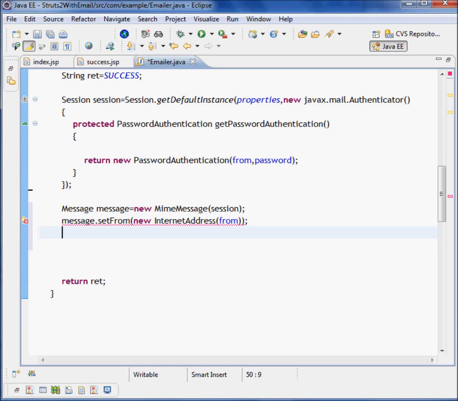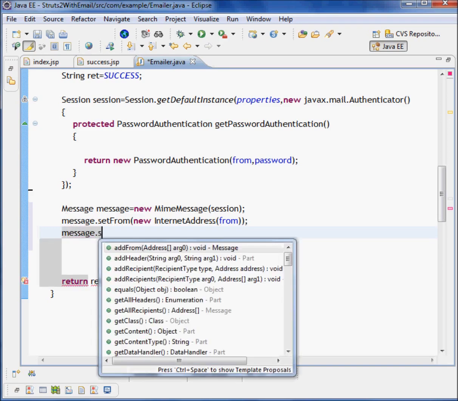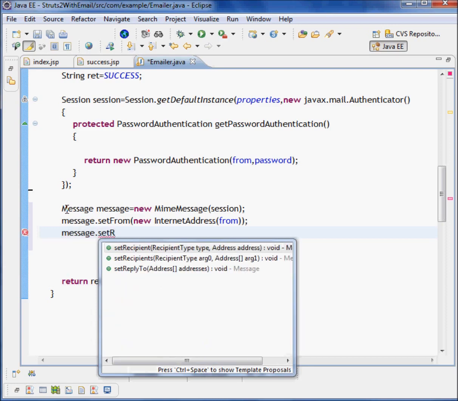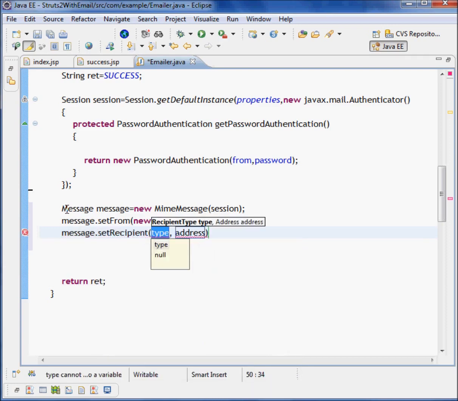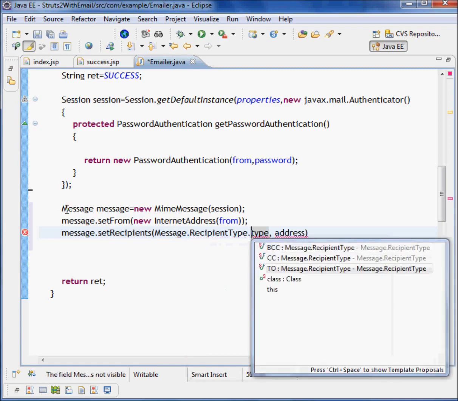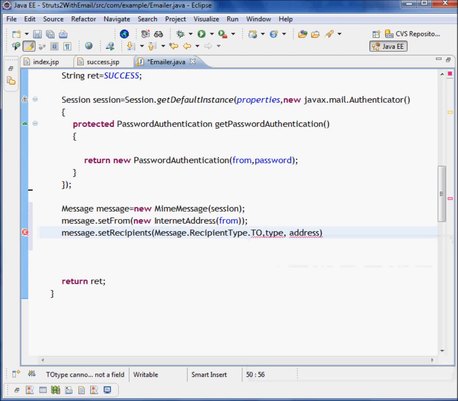Why am I getting the error here? Okay, we'll try next now. Message dot set recipient. Okay, where you want to send now. So set recipients, and I can pass here message dot recipient type dot to. Okay, so to or CC or BCC, add what you want to send now, and then give a comma,